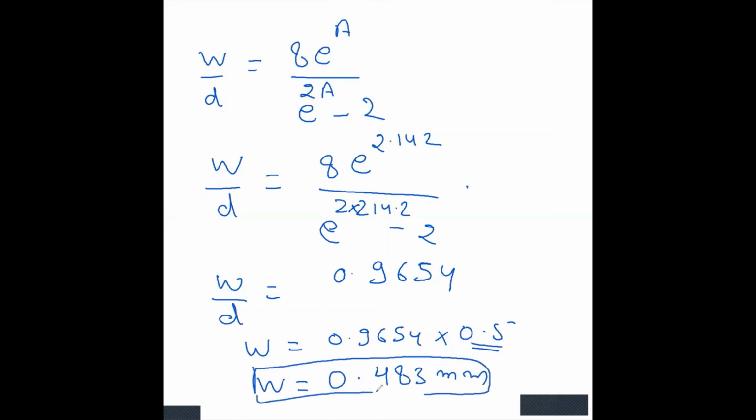Now we have the width of the microstrip, the material of the microstrip substrate, and the thickness of the microstrip substrate. So now we can easily design the microstrip line for all these parameters. In the next video, by the use of this data, we will design the microstrip line. Thank you.